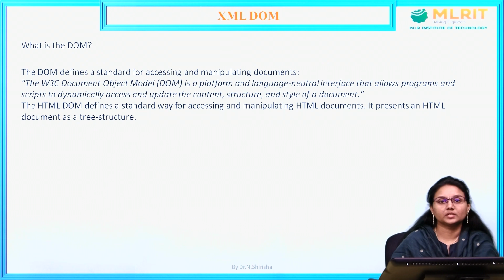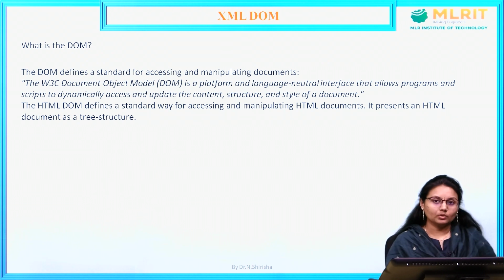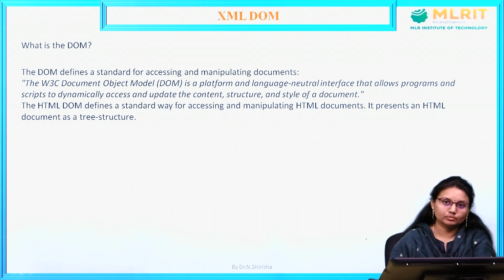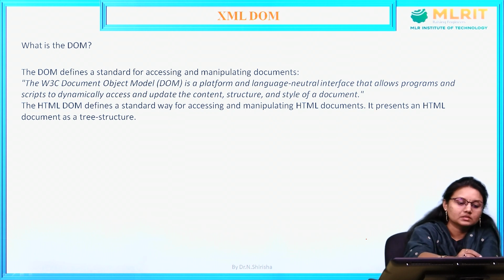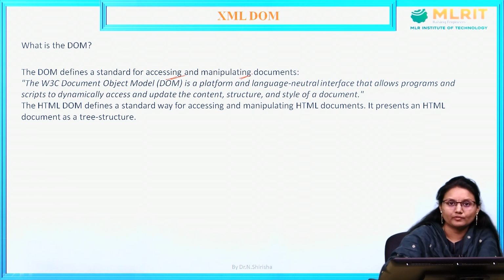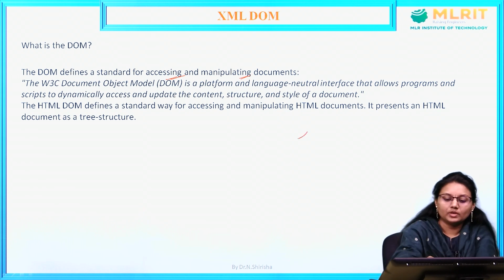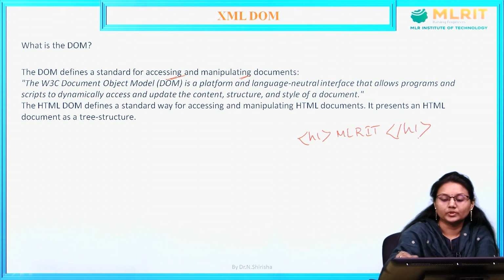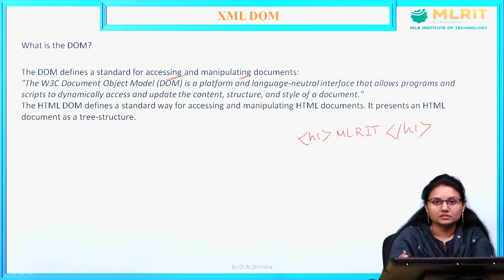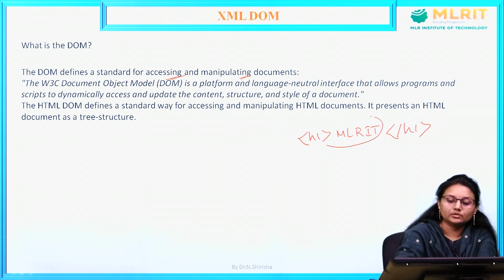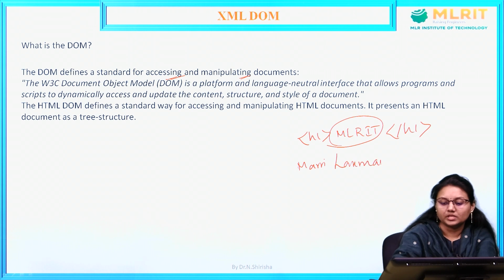DOM is nothing but a document object model. So, why do we need a document object model? DOM defines accessing and manipulating the documents. Whenever you are writing a document, you will have an H1 tag. Say I am giving here <h1>MLR IT</h1>. What is this? This is a heading. If I just wanted to change this MLR IT to an abbreviation, something like this,